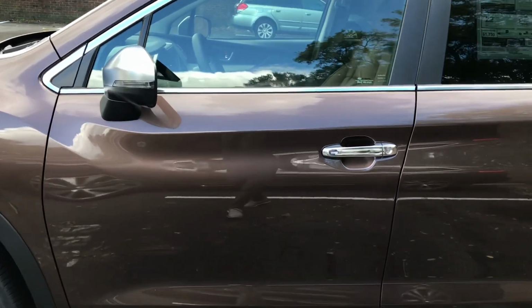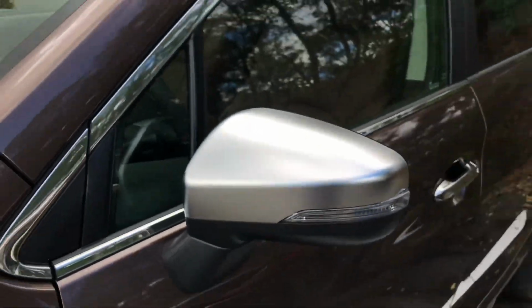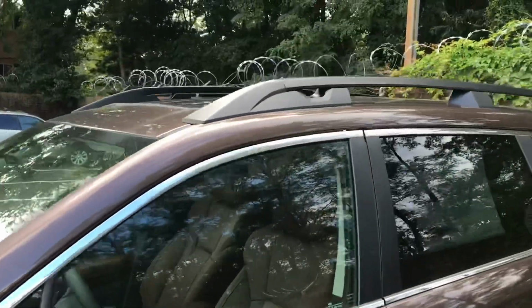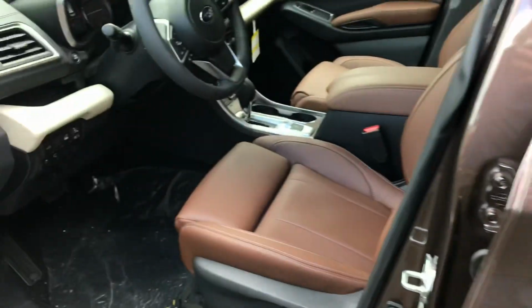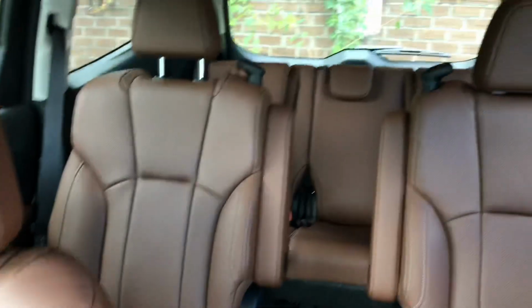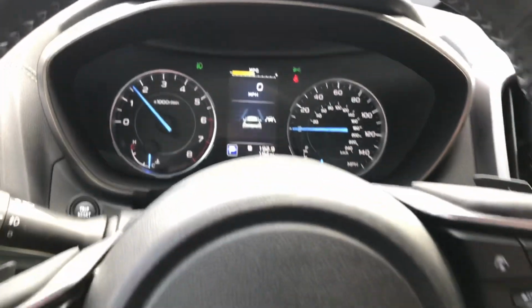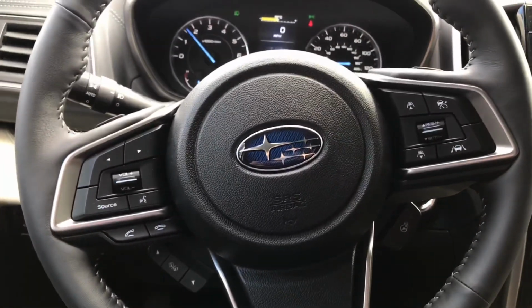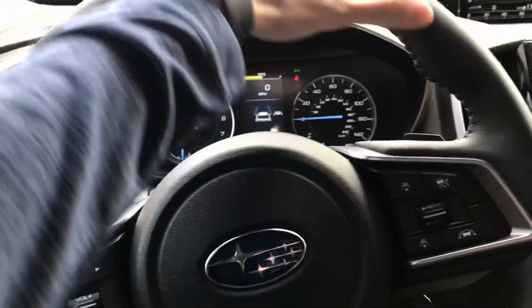So let's start off, let's get in the vehicle. You're going to notice right off the bat, we're going to have those aluminum upgrades throughout the vehicle. Gives it that spark. Opening it, you're going to notice the brown leather that just makes the vehicle pop and looks just incredible. It has a wooden outline throughout the vehicle to give it that upgraded look. Also, of course, has the heated steering wheel. Once again, it's leather